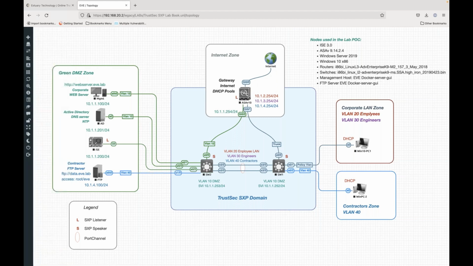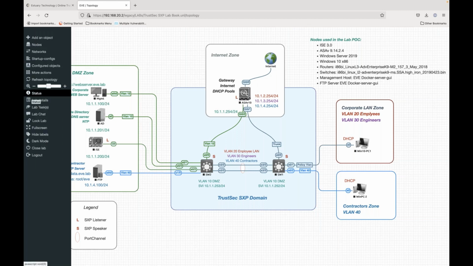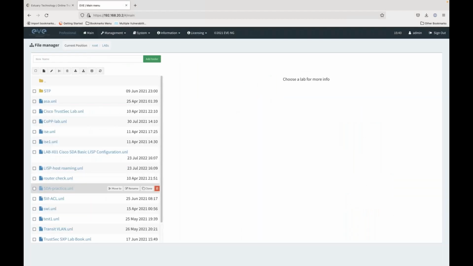I'll be configuring all the devices. I have endpoint nodes here on the left. Through SGT, I'll implement some policies, and then I'll show the demo of how they are blocking access or how they are permitted to get access. So no more IP-based ACLs. It is all about SGT-based policies.